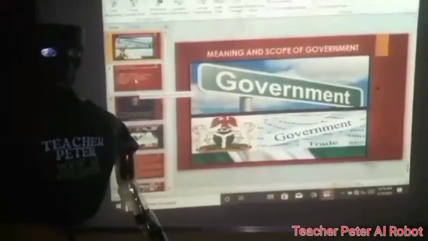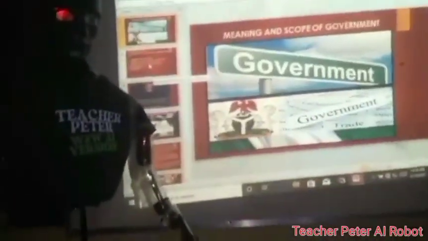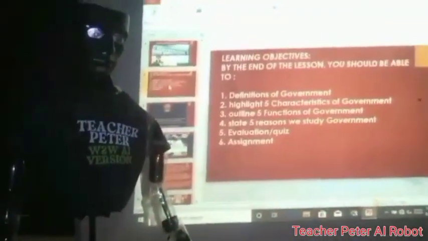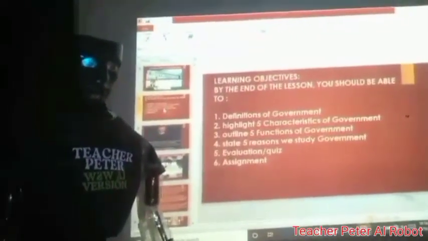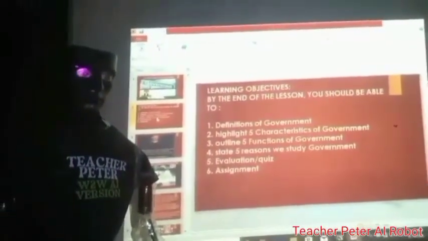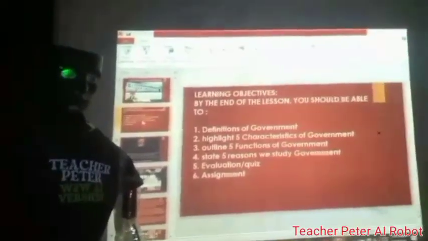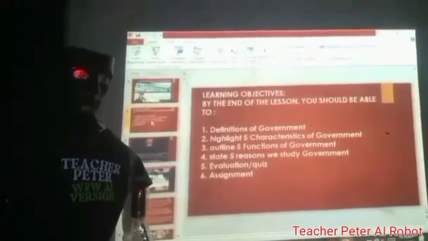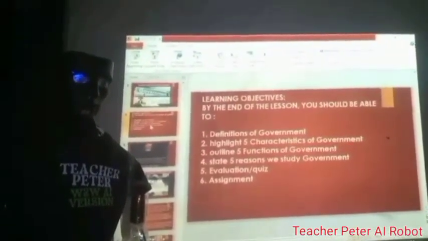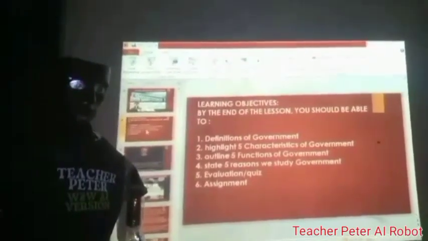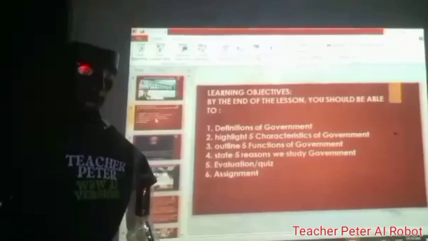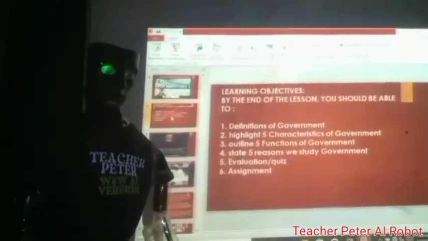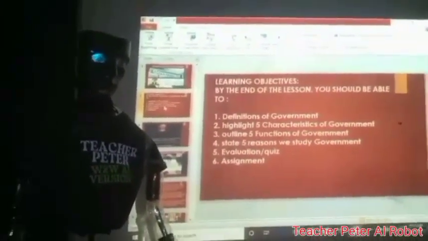Our topic is the meaning and scope of government. By the end of the lesson, you will be able to 1. Define government. 2. Highlight the characteristics of government. 3. Outline the functions of government. 4. State the reasons we study government. Then, followed by quiz, evaluation, and assignment. I hope that you are going to find this lesson by Teacher Peter A.I. version an interesting one. To begin with, I would like